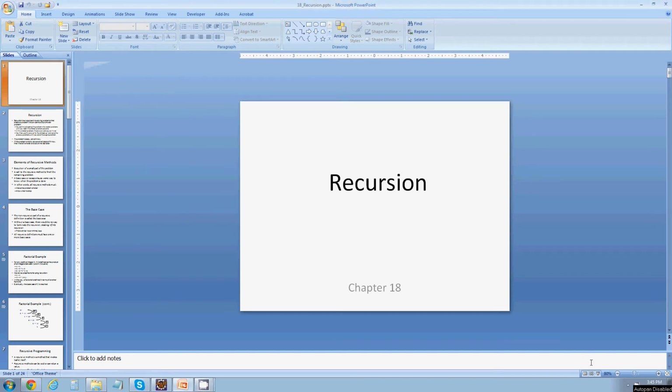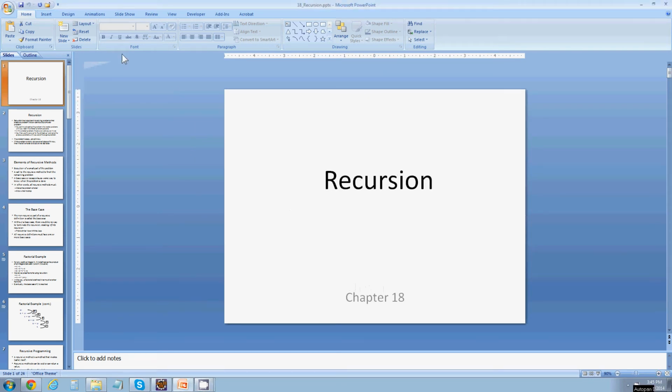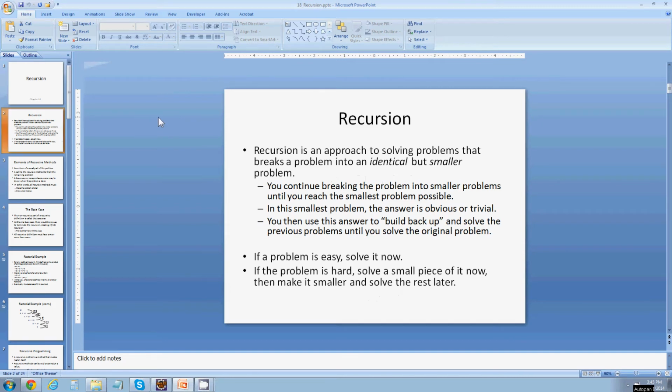This week we'll be focusing on recursion, which is covered in chapter 18. So recursion is an approach to solving a problem. It involves breaking a problem up into smaller problems that are easier to solve than the original problem. And the idea is that you just keep breaking the problem up into smaller and smaller problems until the problem gets so small that it's really easy to solve. And then oftentimes you use that final solution to build back up the solution to the original problem